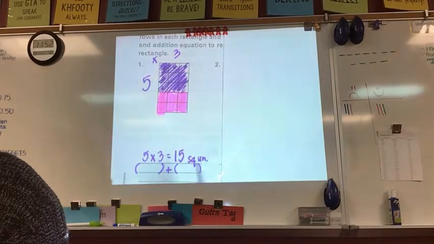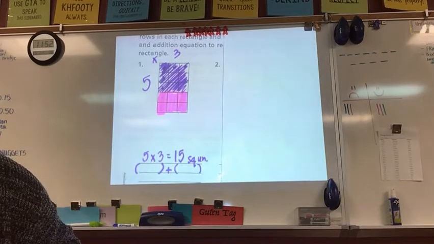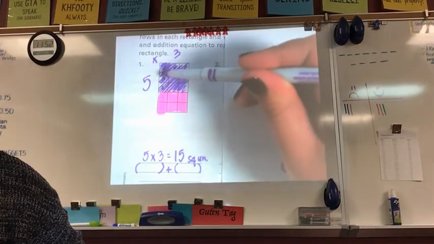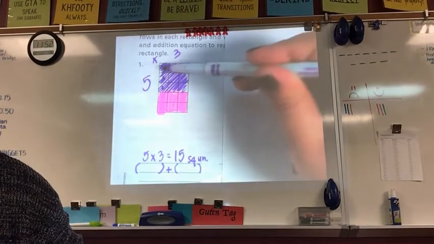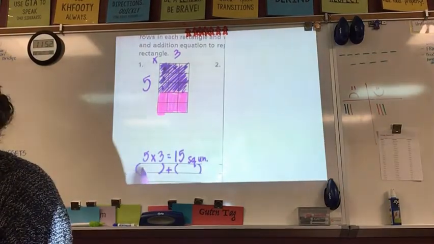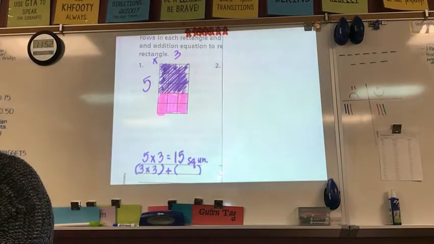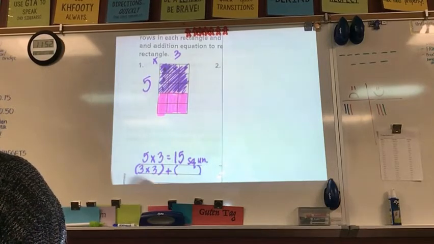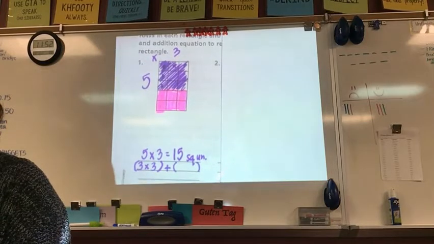What multiplication would represent how many squares my purple part is? How many squares tall is my purple part? 3. How many wide is it? 3. Yep, so it's going to be a 3 by 3. Very good. Put that in your first parenthesis chunk. In your first parenthesis chunk, we're representing the purple part, which is a 3 by 3, which equals